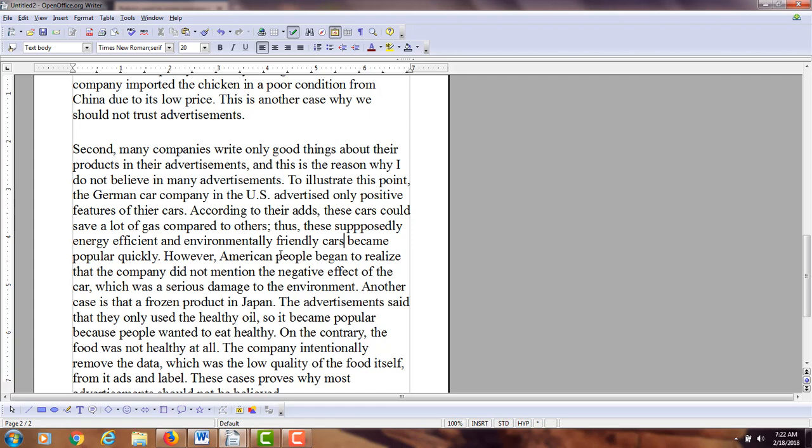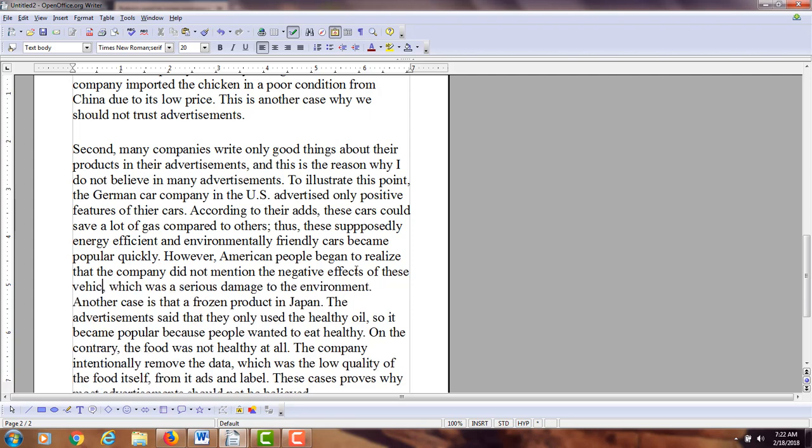However, American people began to realize that the company did not mention the negative effects. And we said cars, right? Of these vehicles, which was usually serious damage. You're using damage. Damage we're using more as a countdown here, which was serious damage to the environment. Okay, another case is